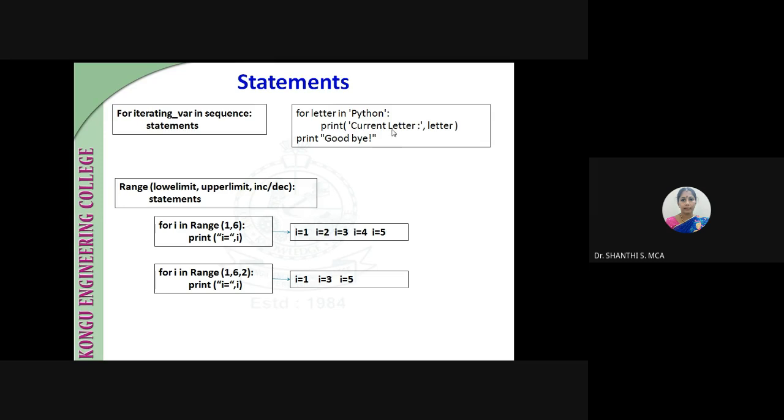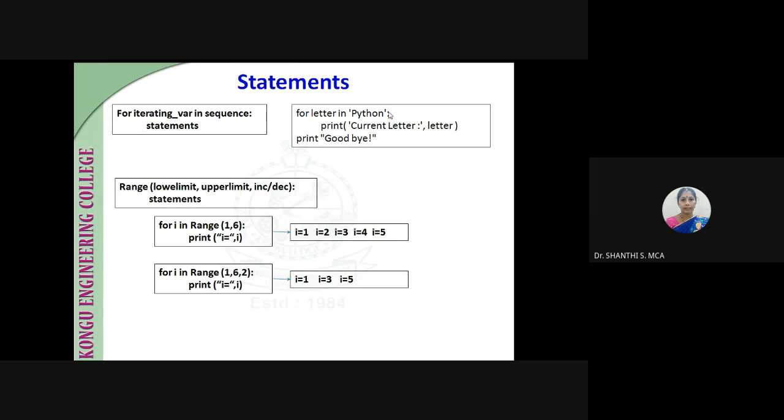In Python we have to follow indentation. In C, there is no need to follow indentation. Any statements within this for loop should be written in the same column, leaving some spaces up to this point. This is called indentation. We have to follow the indentation in the Python programming language.